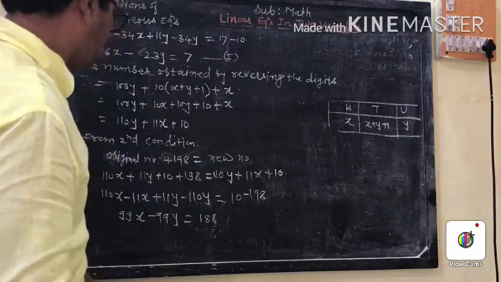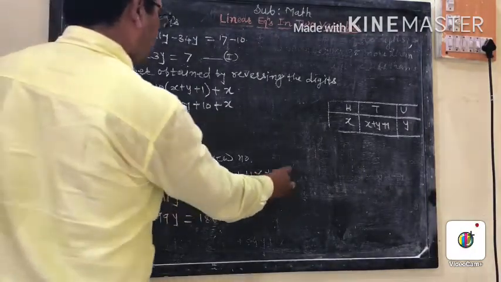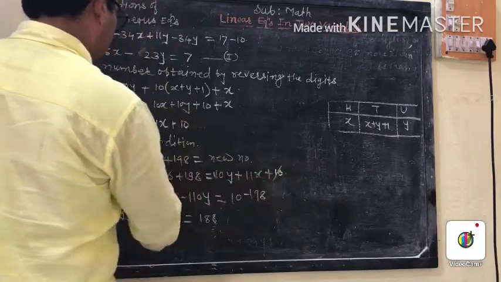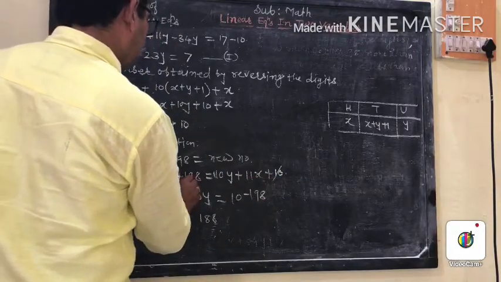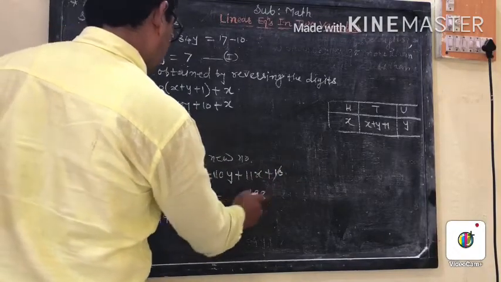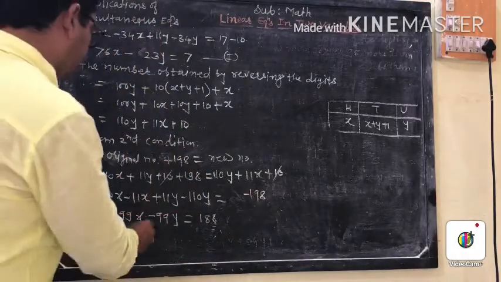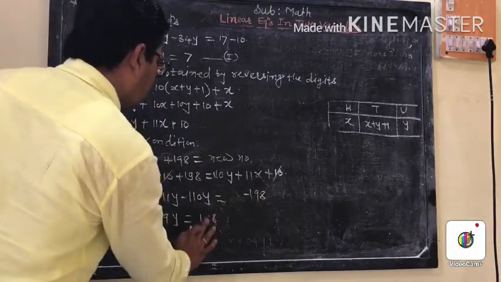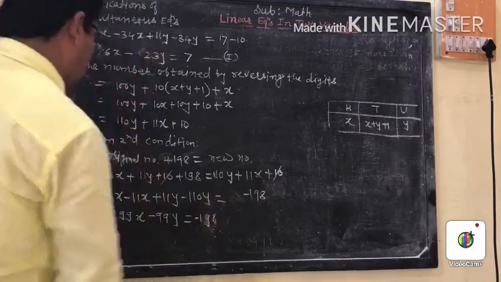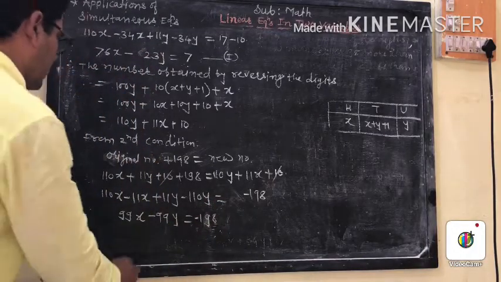See here, plus 10 with plus 10 on both sides, 10 is subtracting. Only this plus minus 8 goes to the other side, and therefore this equation is equal to minus 198. If you divide both sides by 99, you get the equation